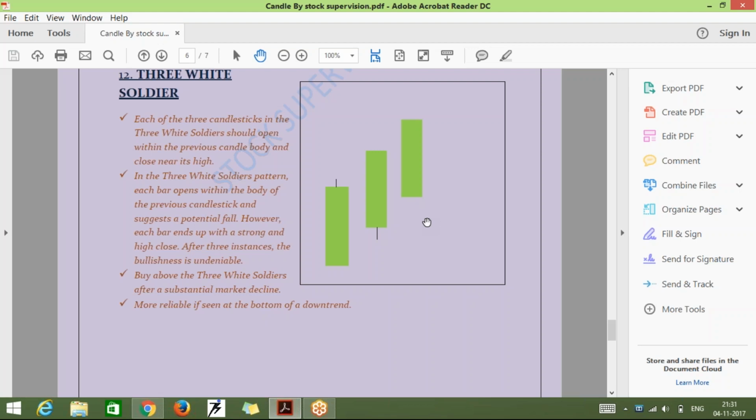But in the same case, if you are going through a daily chart and you have seen three white soldiers, a shooting star may not be found after that. It may be possible in 15-minute charts or 5-minute charts, but it's not possible in a longer time frame. So the trade setup should be long. The same case applies to three black crows also, if we are having a daily chart, because these are more powerful patterns. Okay, thank you.